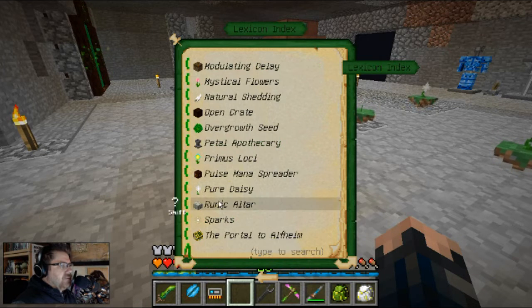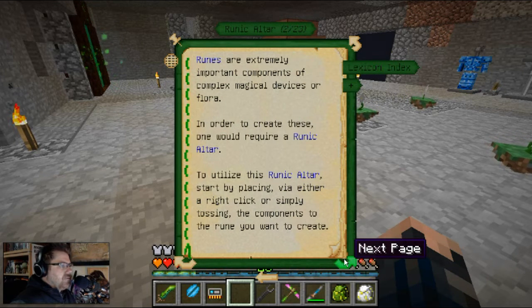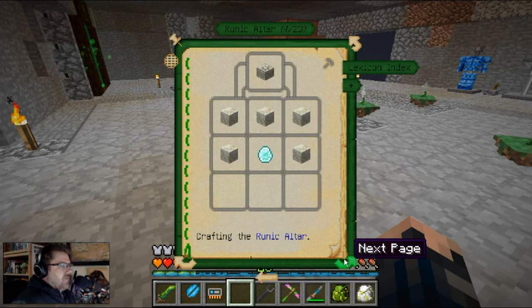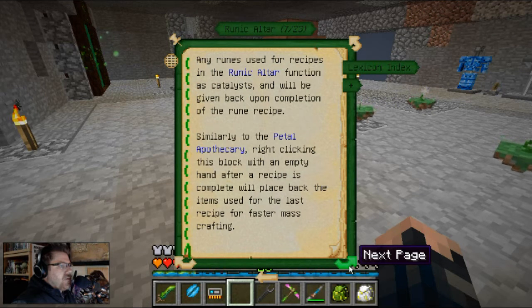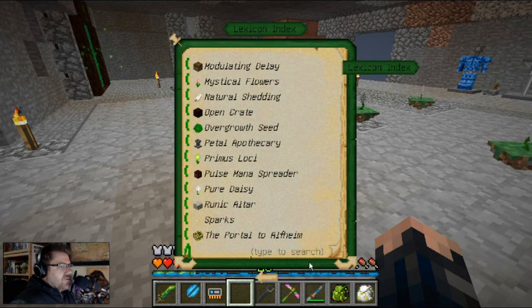Whoops, back one. Right. Skimming through. Right, okay. It can occur. Right, crafting Runic altar. Okay. Attaching it would emit a signal strength of 1 if the altar is accepting mana, and a signal strength of 2 when it's ready to craft the rune. Any runes? Okay, so that's what I need to know for that. I wanted to know...